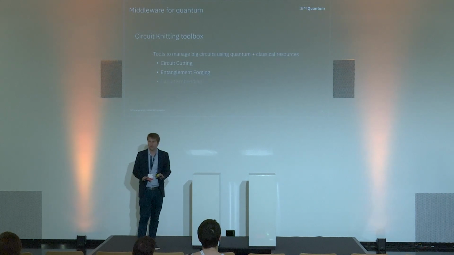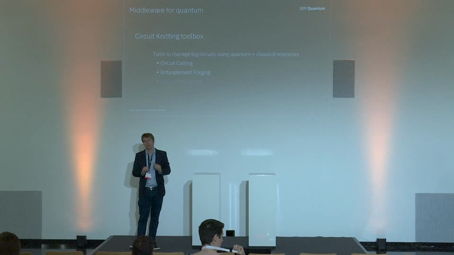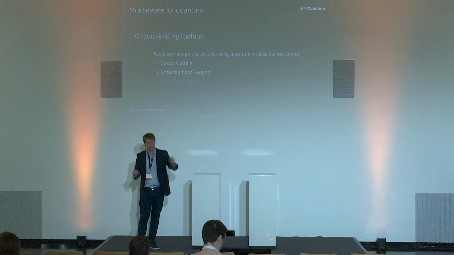Let's suppose that you have a grid coupling map, as is often the case for superconducting qubits, and you have two qubits that are fairly far apart on the chip, right? If you need to do a gate between these two, you would need to swap all of the qubits in order to bring them into contact and perform the operation, right? But with tools like circuit knitting, you can cut a gate and then implement it virtually. And I'll show an example of this. And this can also help you implement gates between qubits that are far away, right?